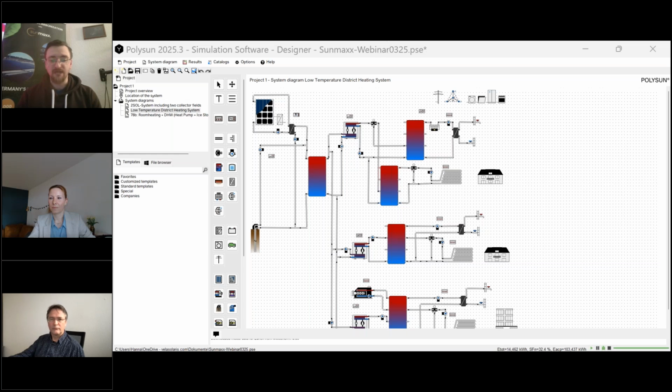We have the aluminum frame, and there is a small difference to standard PV modules because our aluminum frame has a height of 40 millimeters. So we have an even more stable construction than a normal PV module.